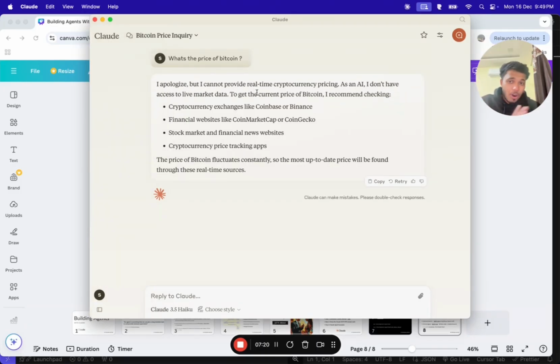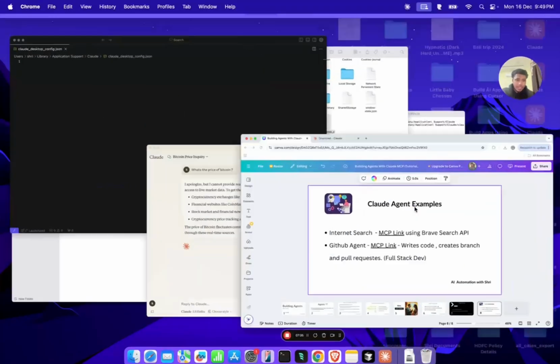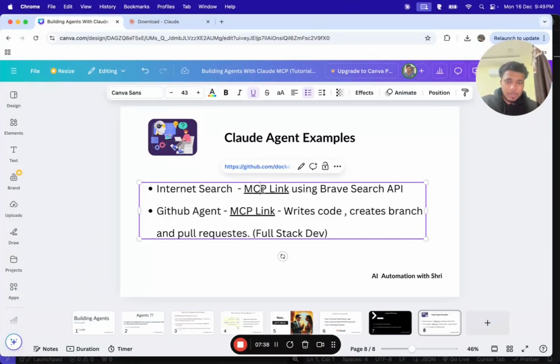Now this is the thing. Claude does not know the actual price of Bitcoin because Claude does not have the functionality to search the internet. What we will be doing is giving Claude the permissions and the capabilities to search the internet. So let's do that. If you go to the link, which is MCP using Brave Search API,